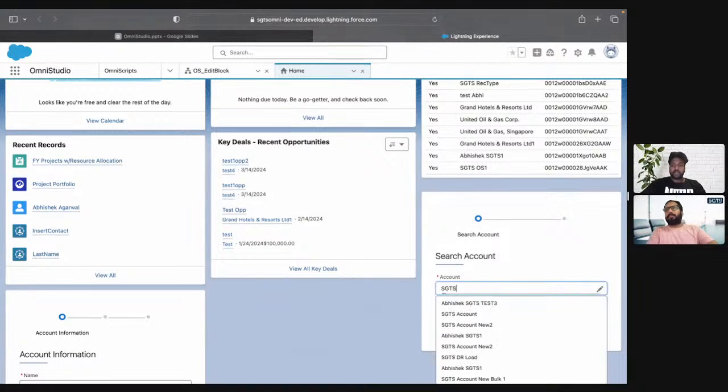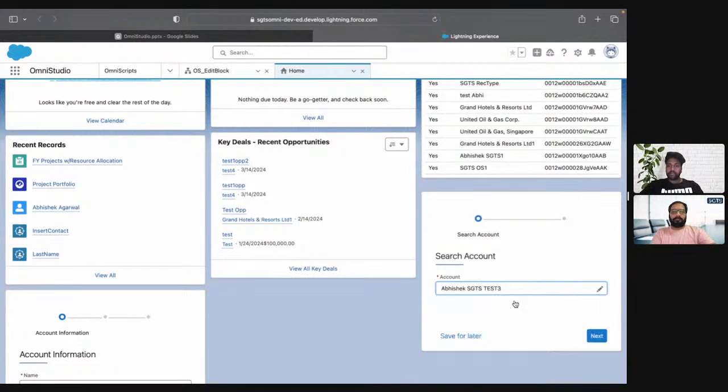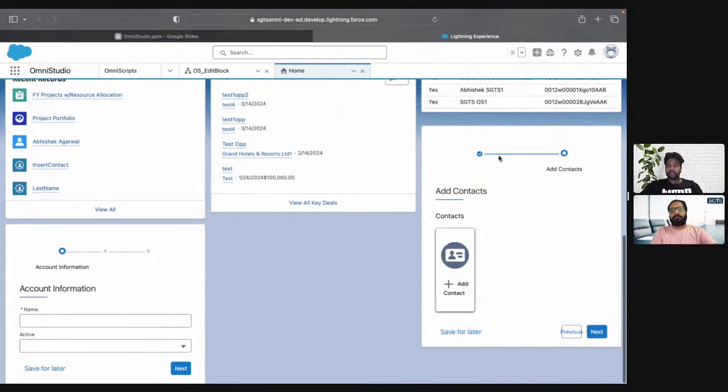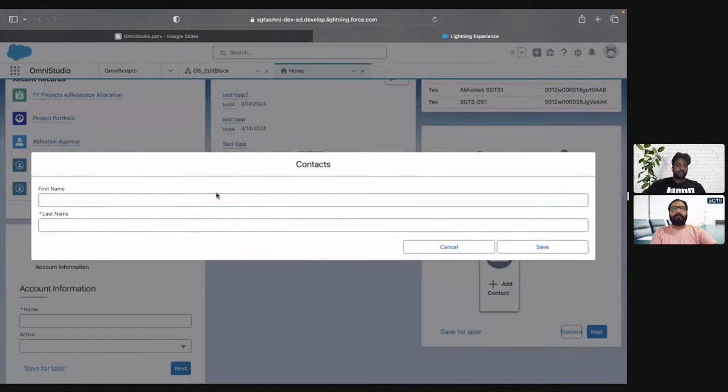Yeah, so I'm gonna search for... I think you already explained that in previous sessions. Correct. So I'm gonna select the account. When I click on next, it is coming a bit weird because of the width over here, but that is fine. Test one,